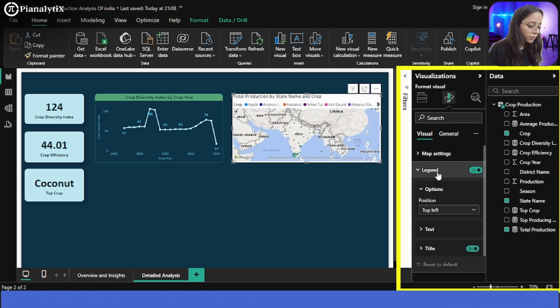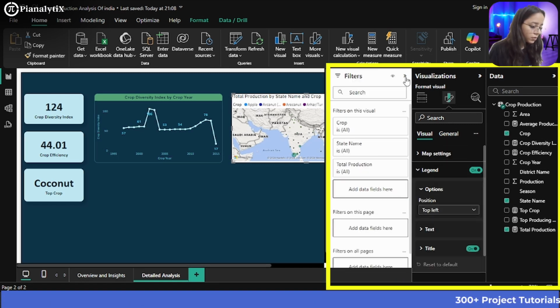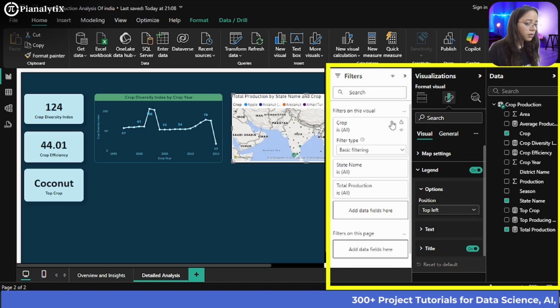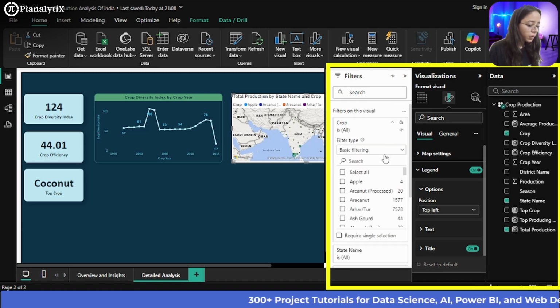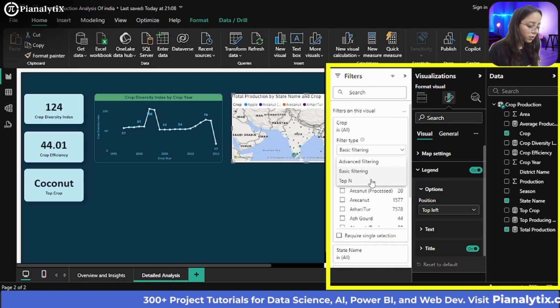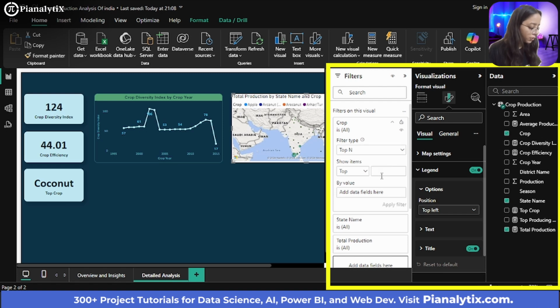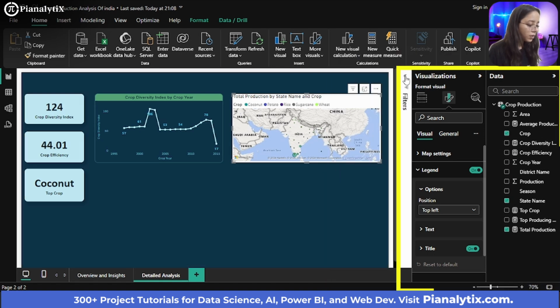So for legends, we don't want to see all the crops. So we're going to choose the top N filter, and we're going to see the top 5 crops which brought in the highest total production, and we're going to apply the filter to this map.